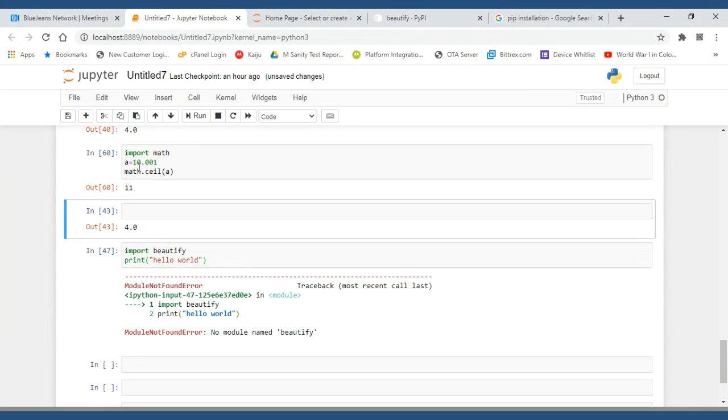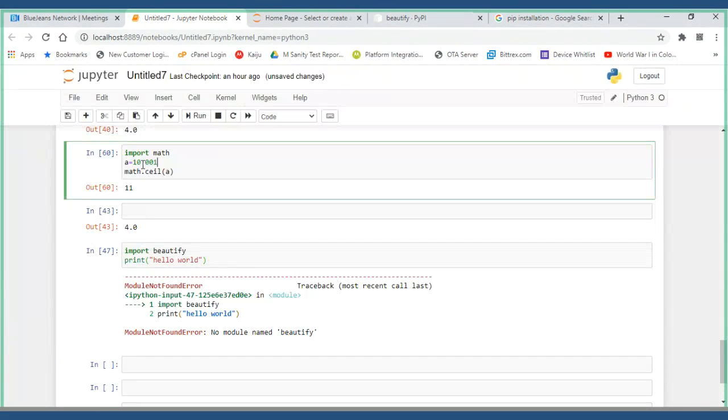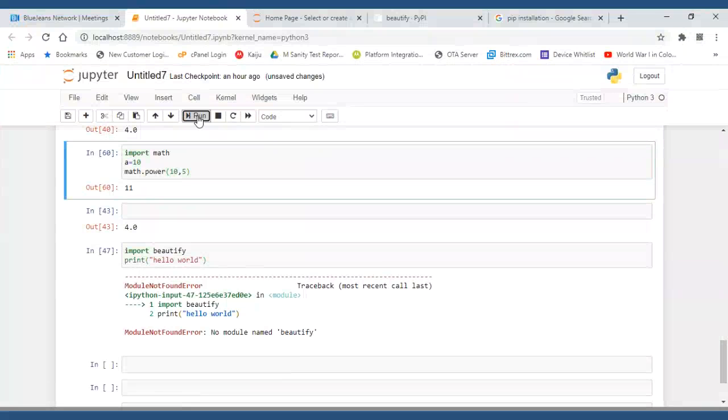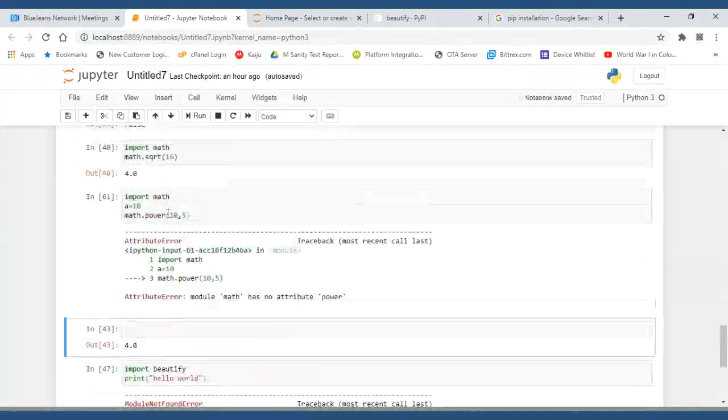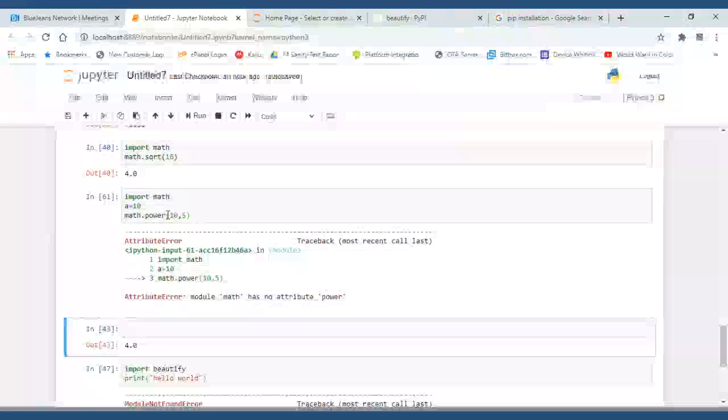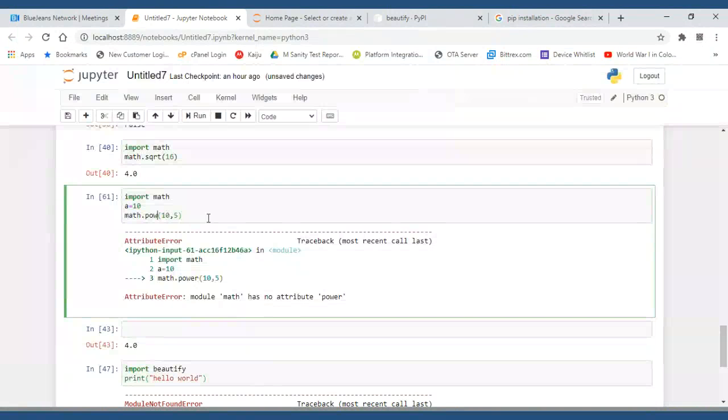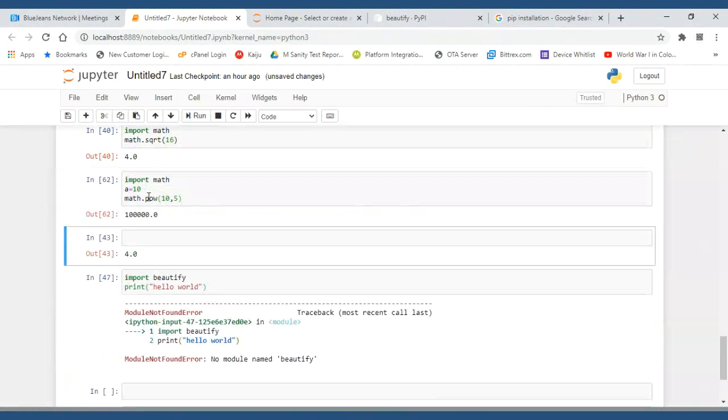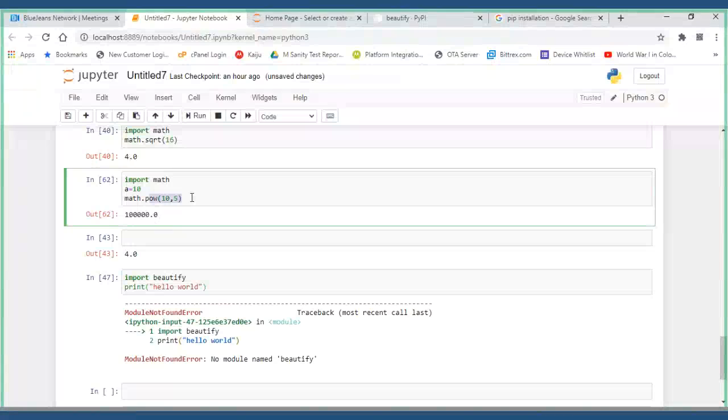Like you have power, okay, you have 10, math power, like 10 to the power of 5, like this you can give. POW, you have to give only POW, power.